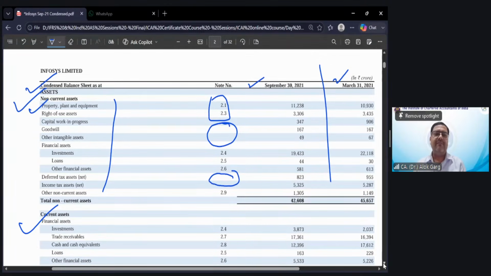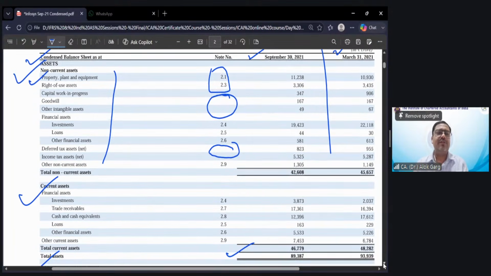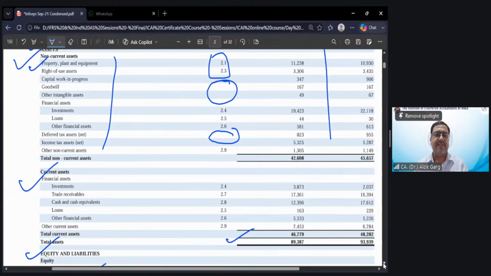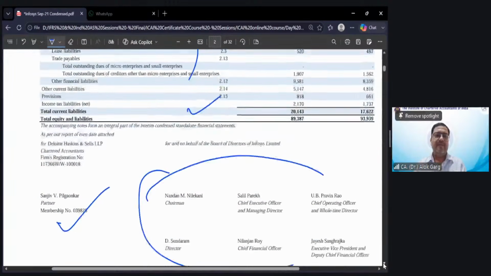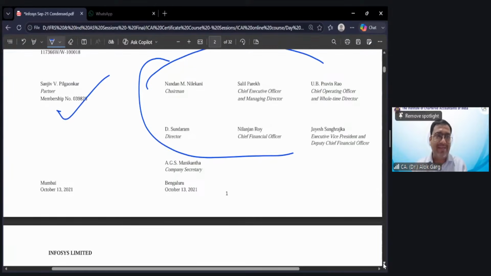No, Sai Kiran, even the first financial statement can be prepared as rounded off also. It can be rounded off basis that year's number. There is no such provision which says that the first financial statement has to be in full digits. Okay, guys, now let's go to this September ended financial statement.